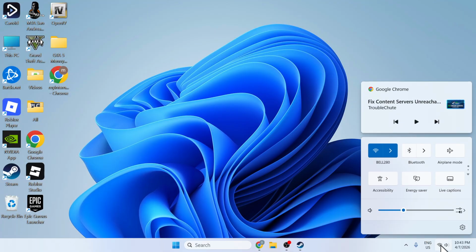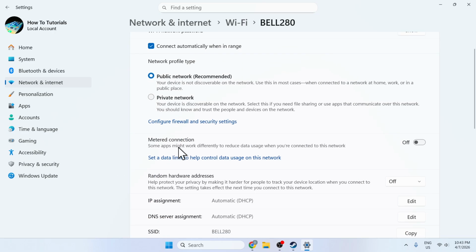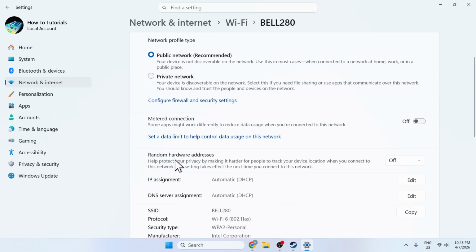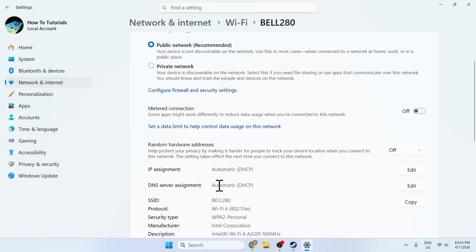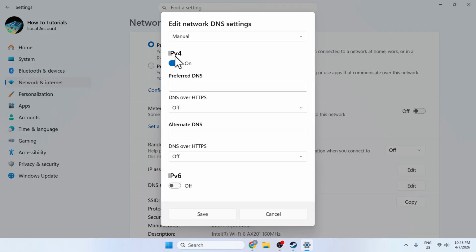So just go here and you need to right click here and go to settings. So this is the network and internet settings. So what you're gonna do here is go to your Wi-Fi, and here you're gonna scroll down and find DNS servers assignment. Click edit, choose manual, enable IPv4, and here you need to type in